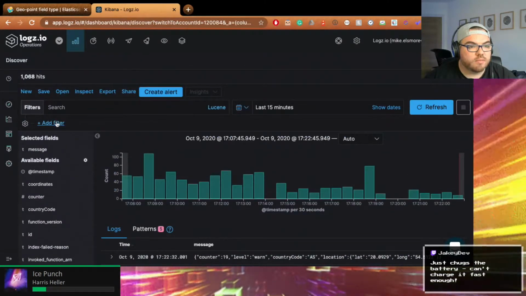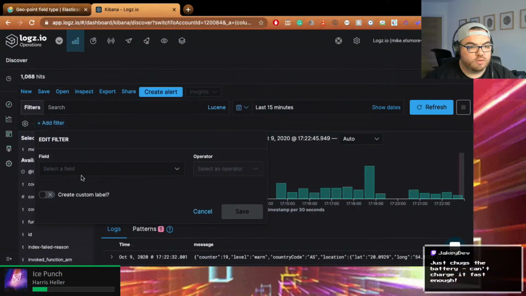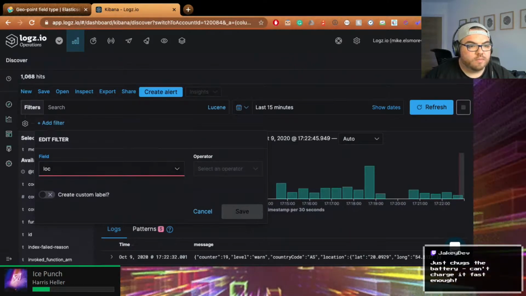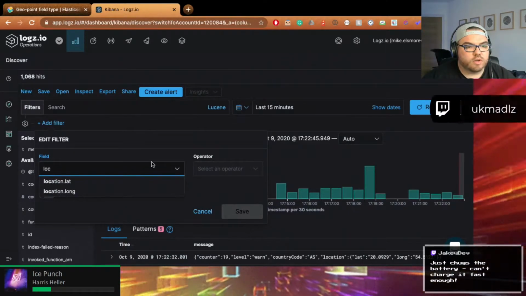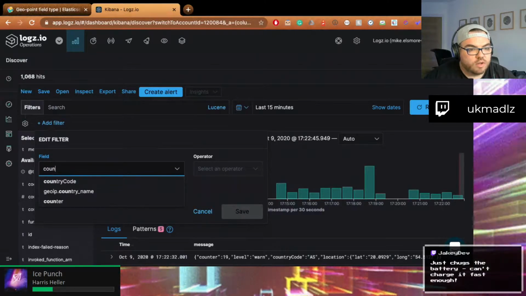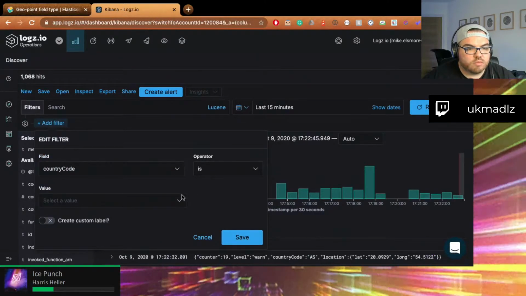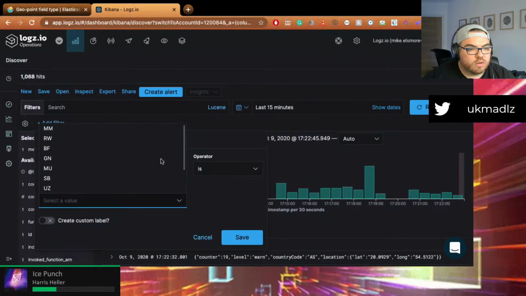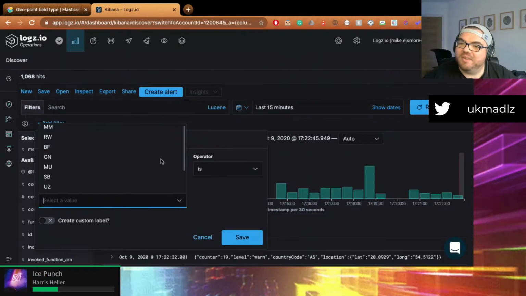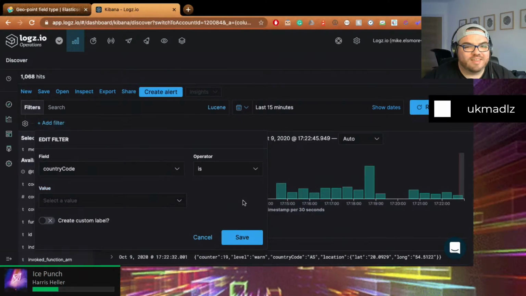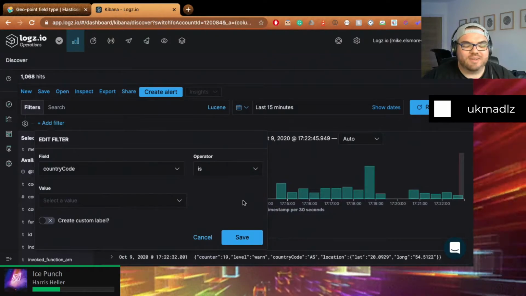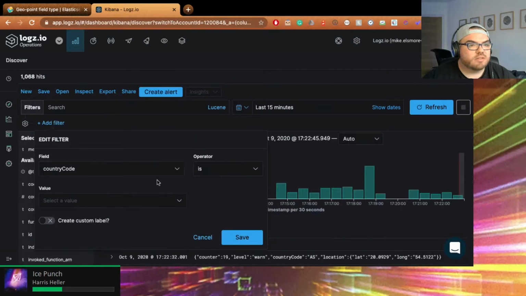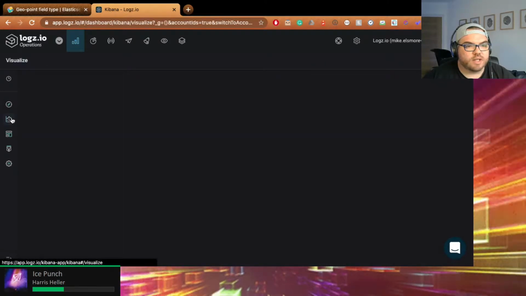Cool, so it's re-indexed down. Does that mean I can do field? Actually, no, I want to do that on the country code. Just make sure it's... Oh god, all the data is battery. Battery? All the country data is gumph, isn't it, from Faker? No, that's not going to work. Right, let's go straight for the visualization then. See if we can get that to work.